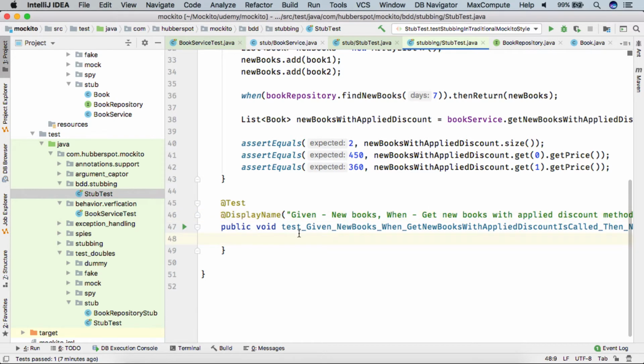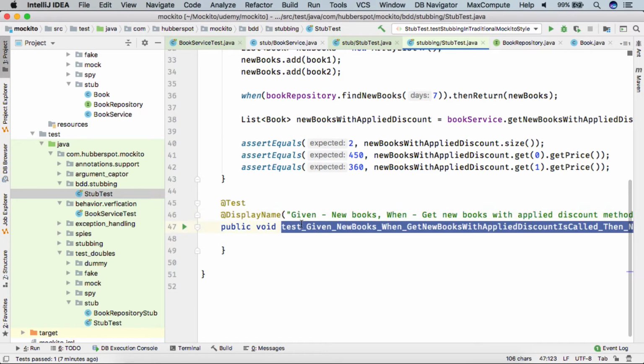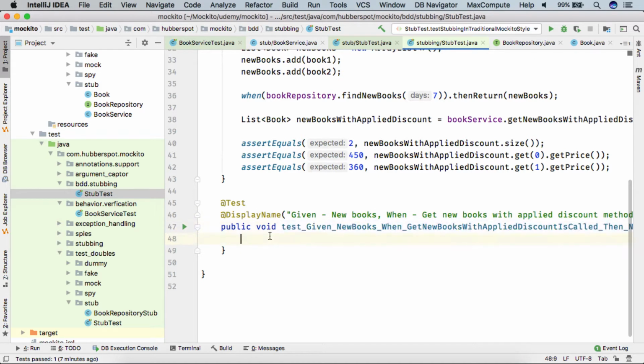And there are various ways to provide a test name for our test. So this is one of the ways. When we write our test, we simply break our test into 3 sections. First one is arrange, which corresponds to given.